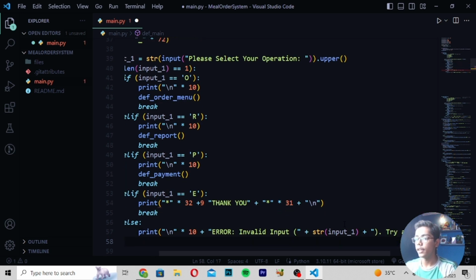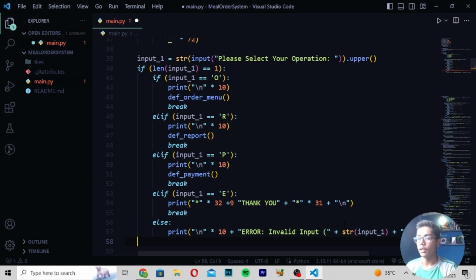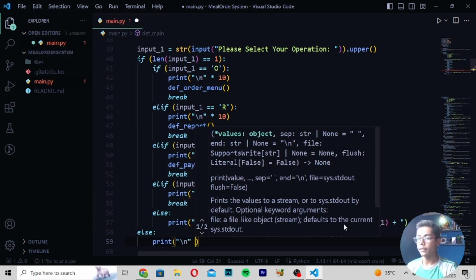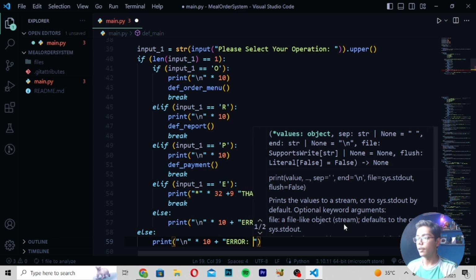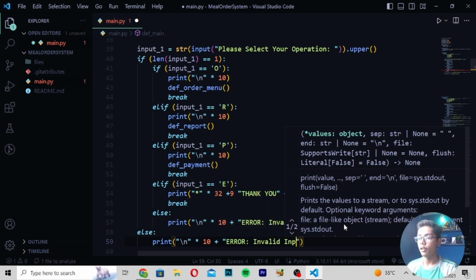Now when you close this tag, here you have to just do one thing. We have to set these things like we have done. So here you have to move down like this, and right here, else, write print tag, and write backslash n, right here multiply by 10 plus error, then I will be writing here invalid input,